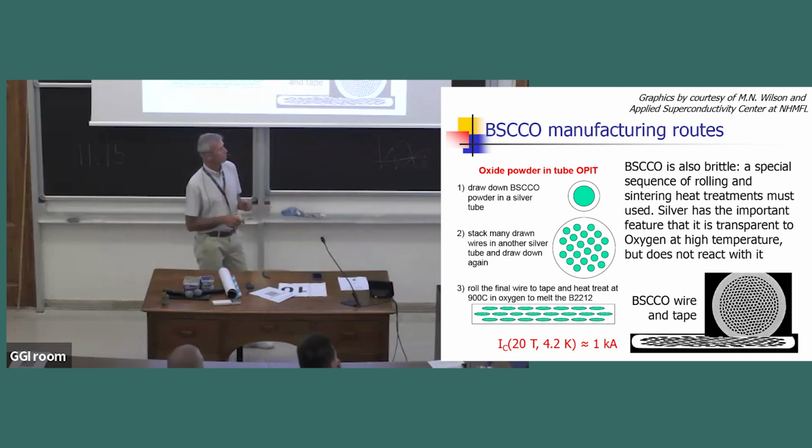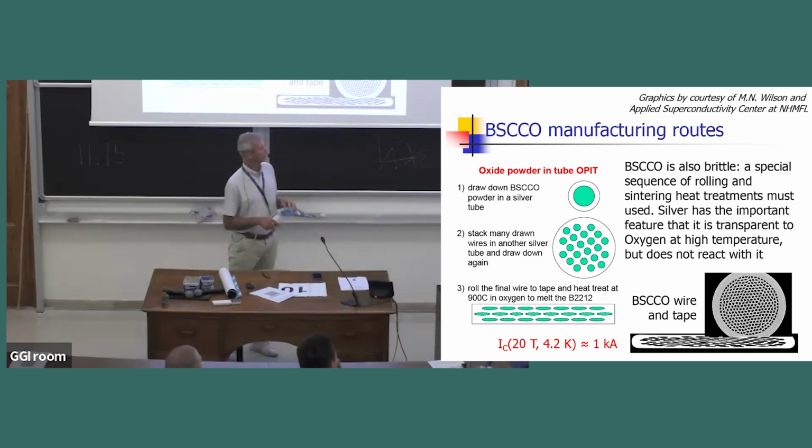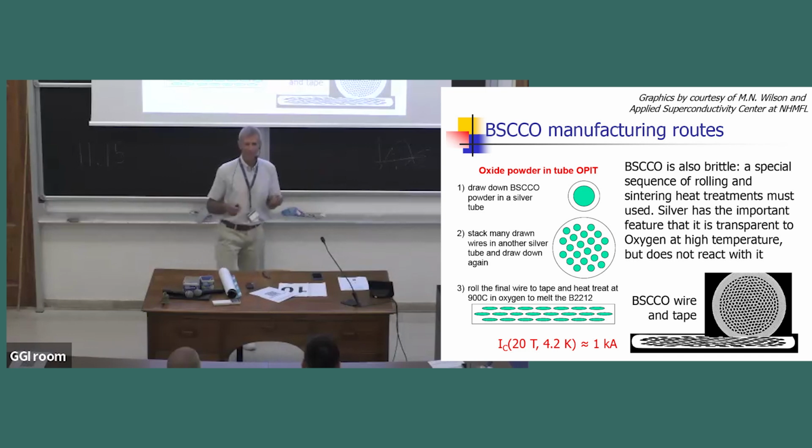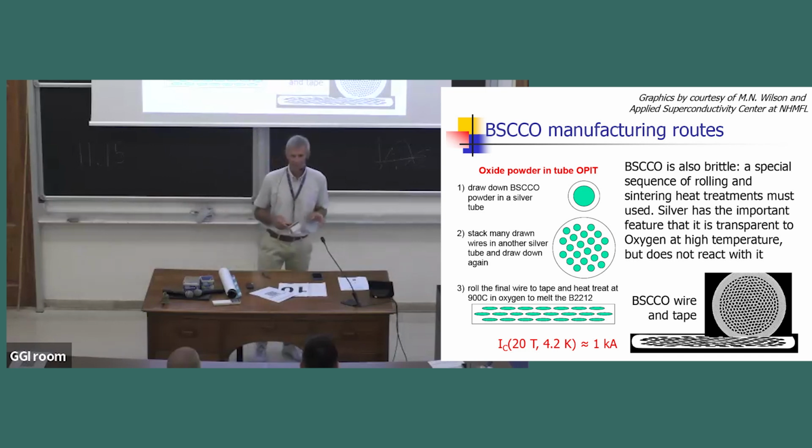Bismuth compounds are made a bit like niobium-3 tin, and they're also brittle, but instead of cooking them at 600 to 700 degrees C, you need to cook them at 900 C in an oxygen atmosphere. Okay, so that becomes a bit tricky. If you think about engineering ovens of the size of a magnet, 15 meters long, going up to 900 C, plus or minus 1, okay, tolerance, and in an oxygen atmosphere, you realize that you have your safety on your back, and you won't be able to operate that furnace very easily. Okay, so that's a bit of a complex material.